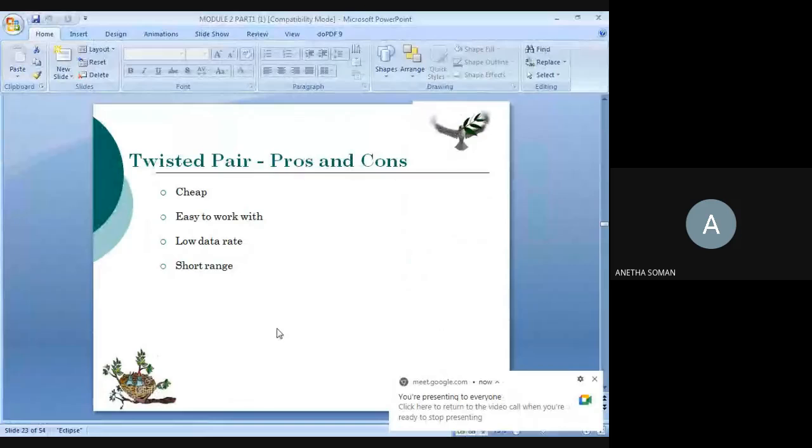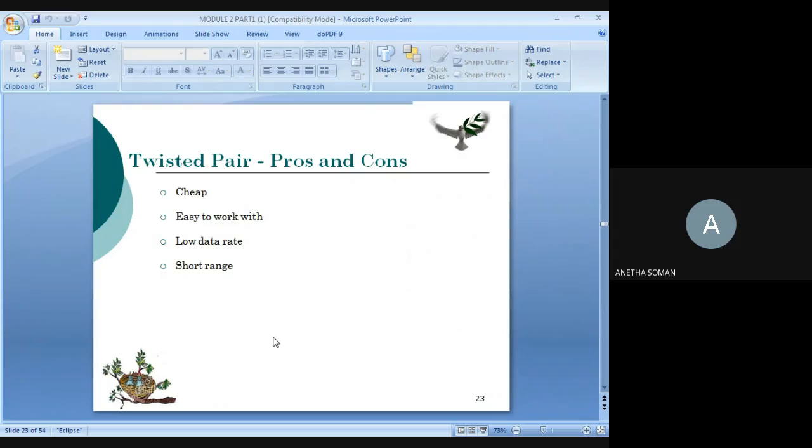Vaishnav, are you there? What are the things that you have gone through in the twisted pair cable? Twisted pair has two conductors. What is it made up of?